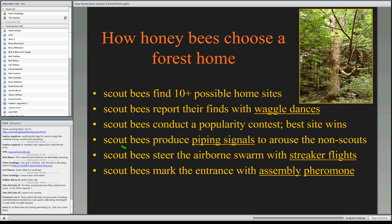Good question, eh? But I guess for those of you that are foresters, or interested in trees in general, I think probably the most important thing is that it's a tree that has just the right properties to be a good home for the bees. And we can also see that it has to pass muster, it has to be approved, it has to be danced for by